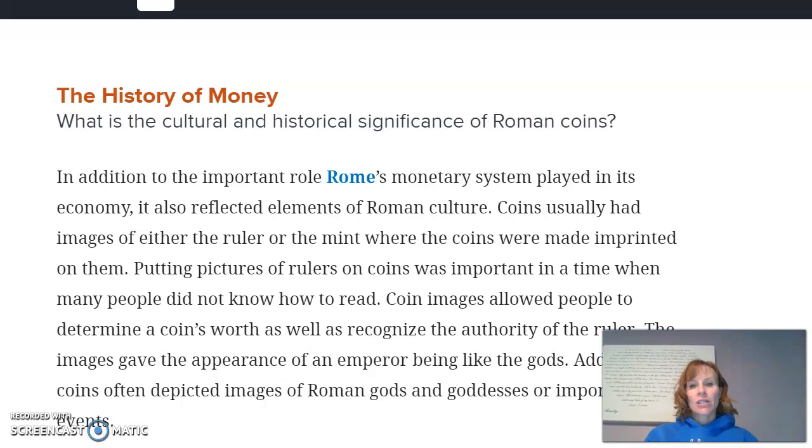Archaeologist. An archaeologist is a person who studies history. And the way that they study history is by going to certain areas and digging up old things. They're called artifacts. And they dig these things up, coins, bones, pottery, and then they examine them and look at them to find out about the past.